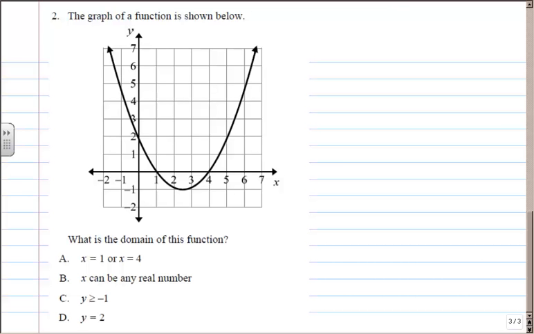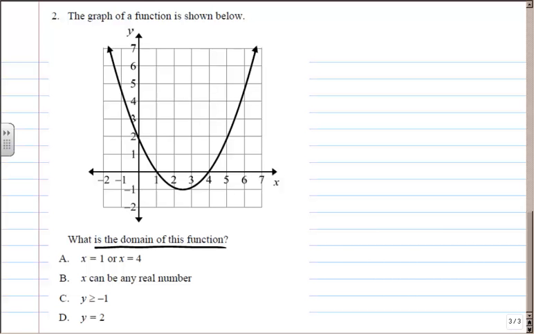N here, high school proficiency exam, problem number 2. We're dealing with the quadratic functions graph. That should be obvious for you. But the question is referring to domain of the given function. And every one of you should remember that when you're talking about the domain